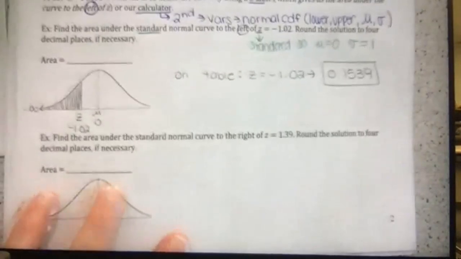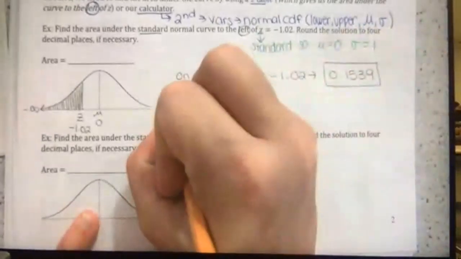I know, the calculator sometimes is easy because it's a little bit more straightforward. So let's do it on the calculator as well. So on the calculator,